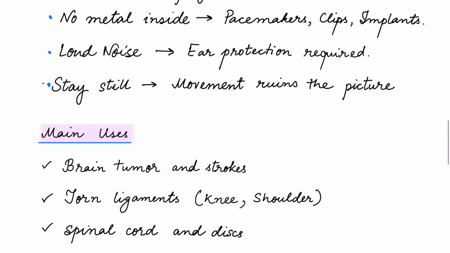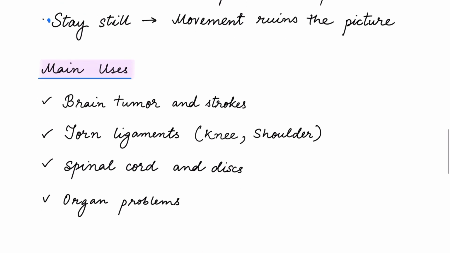Now, what are the main uses? MRI is widely used to detect and study brain conditions such as tumors and stroke, joint injuries such as torn ligaments in the knee or shoulder, spinal cord or disc problems, and abnormalities in the organs including the liver, kidneys and